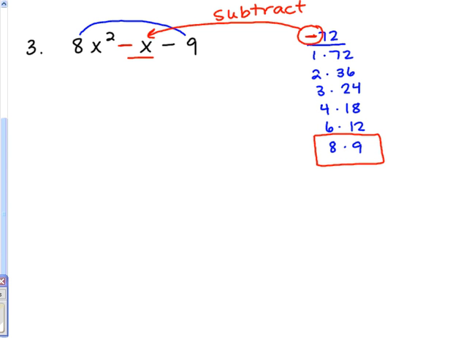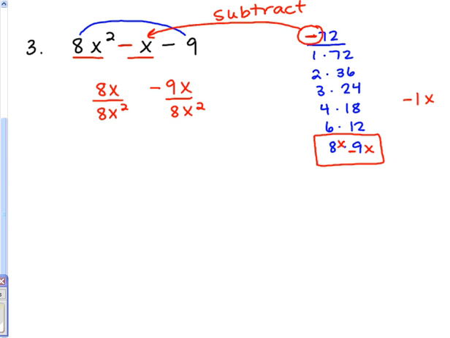Okay, how do I decide which one is negative and which one is positive? Well, I need it to subtract to give me a negative 1x. That means the higher number, the 9, would have to be negative, the 8 will be positive. So I attach x to both of those. Those are the two numbers I use, so I would have 8x and negative 9x to get the signs correct. Divide each one by the first term, which is 8x squared,